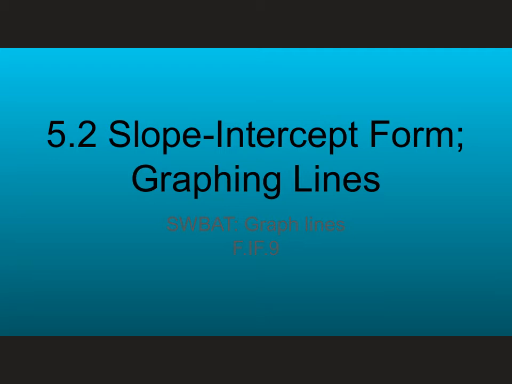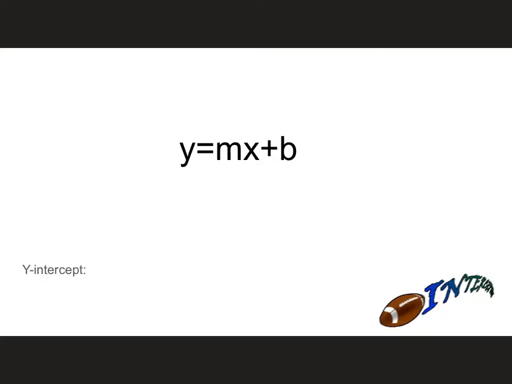It's slope-intercept form and graphing lines. So y equals mx plus b is slope-intercept form. And when we've got slope-intercept form, this m we talked about before, that m is the slope, or how steep our line is. It's the constant rate of change. We learned about slope in 5.1. So m stands for the slope in this equation, and b stands for the